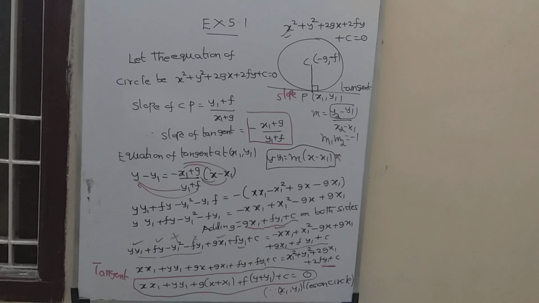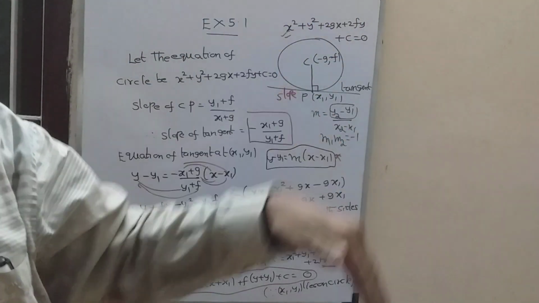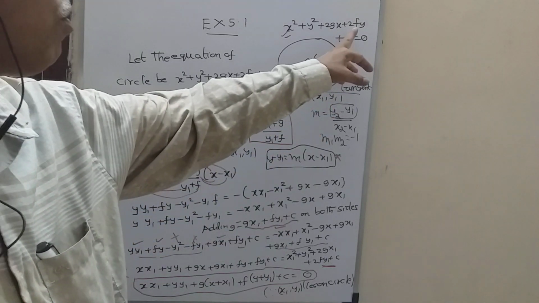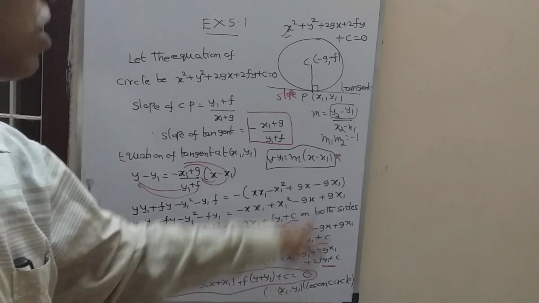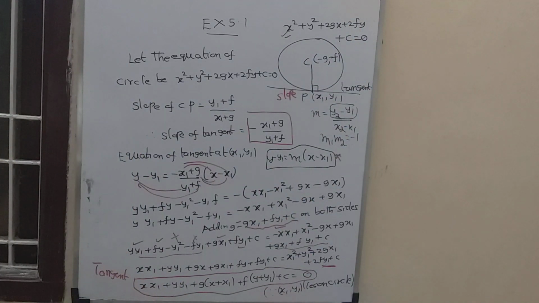So how will you remember? x square is split up into 2. Then for one x you put x1. y square is split up into 2. For one y you put y1. Plus half of the coefficient of x. What is half of the coefficient of x? Here the x coefficient is 2g. Half means g. Then g into x plus x1. Similarly, half of the coefficient of y, y plus y1. Plus the constant as it is you should put. That is the way you should remember. So this is the derivation of the equation of the tangent to the given circle